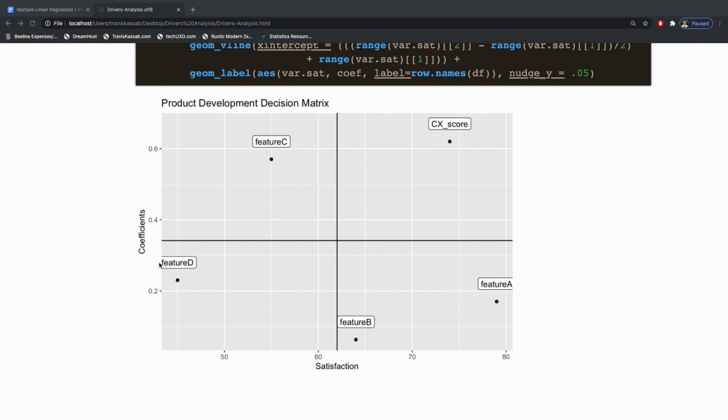Feature D has low satisfaction and a low impact, so it's not super important. If it can be improved, I would say definitely do it, but it will be low on the list of priorities. Feature B and feature A have high satisfaction and low importance, so they should be maintained but with minimal effort. Again, we're focusing most of our attention here on feature C, and this is the main recommendation for our